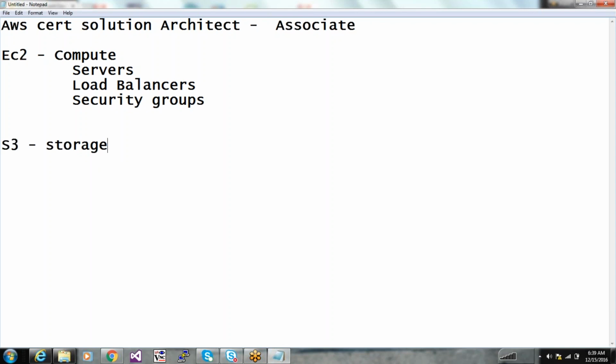When you want to create a website, you will have a lot of HTML and CSS files, and they will be sitting in storage. As a bonus, we'll cover something called Glacier. It is also a storage aspect, but Glacier is cheaper than S3, as you can store large amounts of bulk data that is specifically used for backing up information.